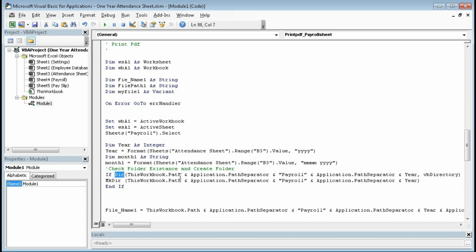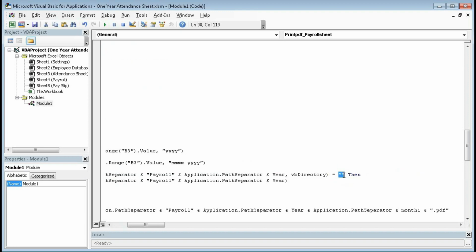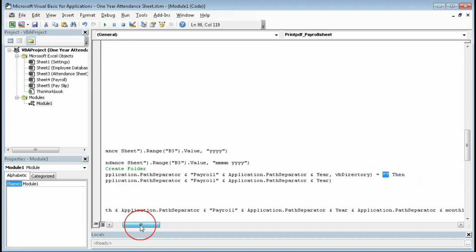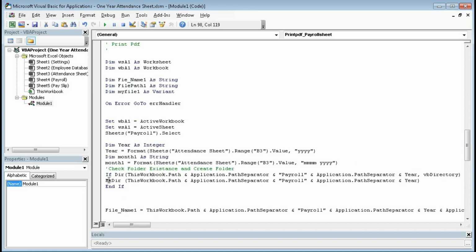So this workbook.path, application path separator, that means backslash, payroll, and again application path separator, that means backslash, and year. If this already exists, that means the path of this file, payroll, year, is equal to blank, that means if it doesn't exist, then make dir, it will create this folder year.